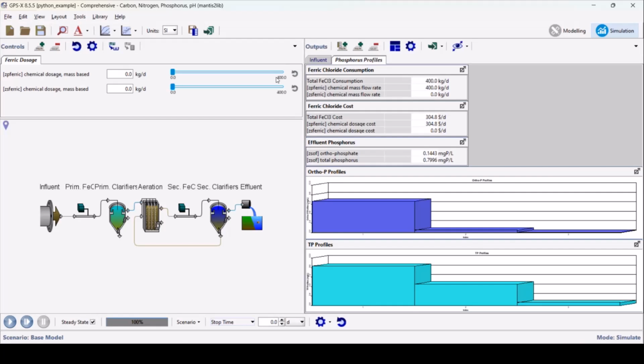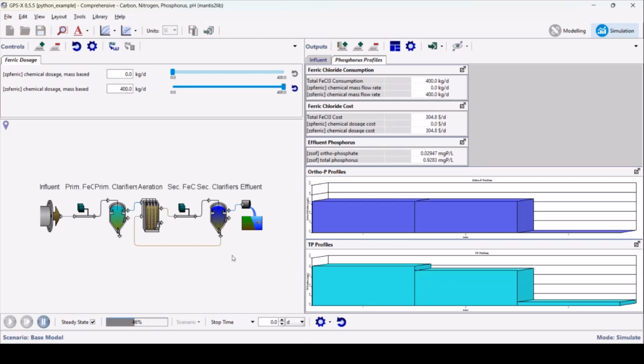We could explore other options. For example, we could dose everything to our secondary ferric chloride dosage point. If we do that, you can see our total phosphorus actually increased, but our ortho P did go down from the primary ferric chloride dosage point. We're still dosing the same amount, and our cost is still the same as when we were dosing everything to our primary point. Or we could try doing some sort of optimization for our dual point dosage by saying, let's